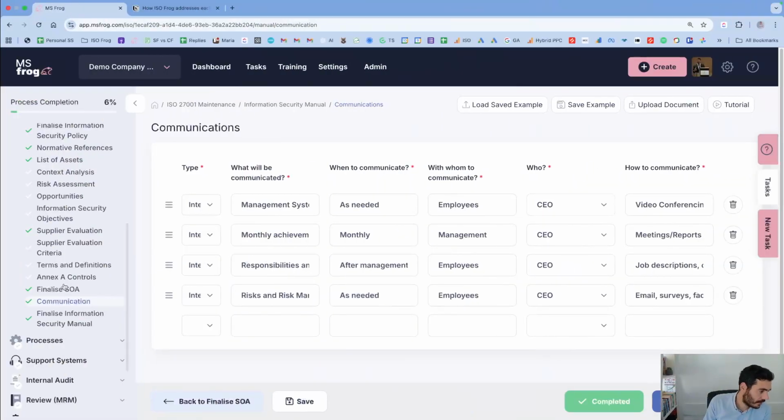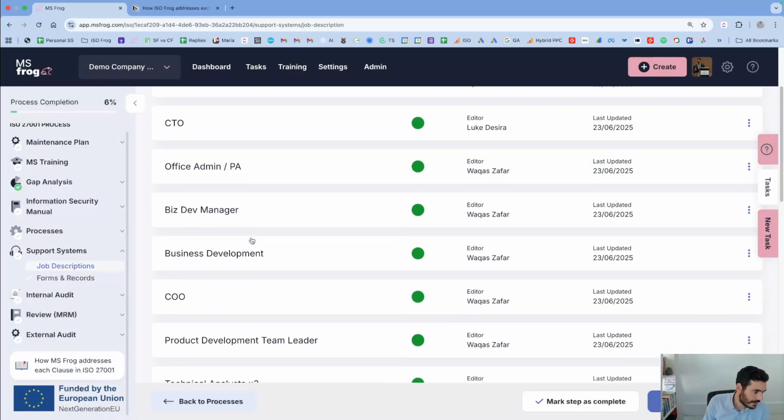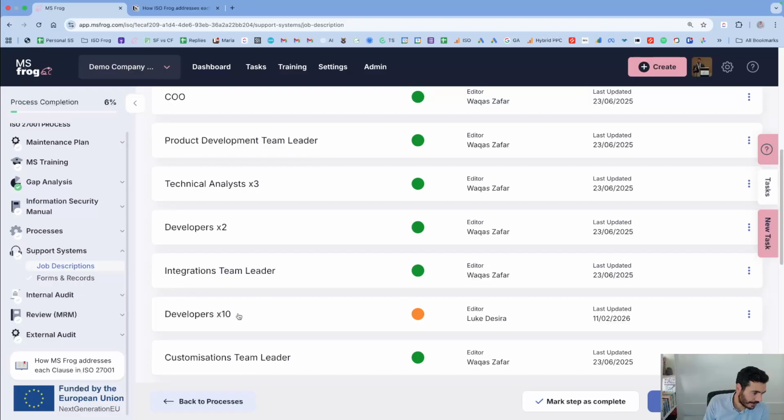So here in communication, we are determining who needs to communicate what. But then, if we notice that a certain person, so let's go back to the job descriptions, okay? And let's take once again the developers, for example.